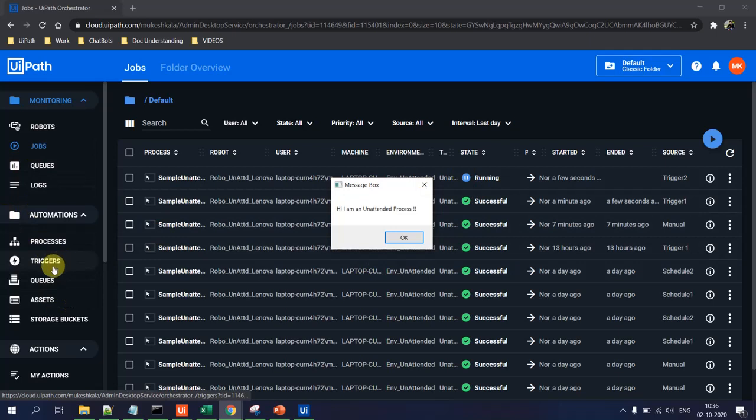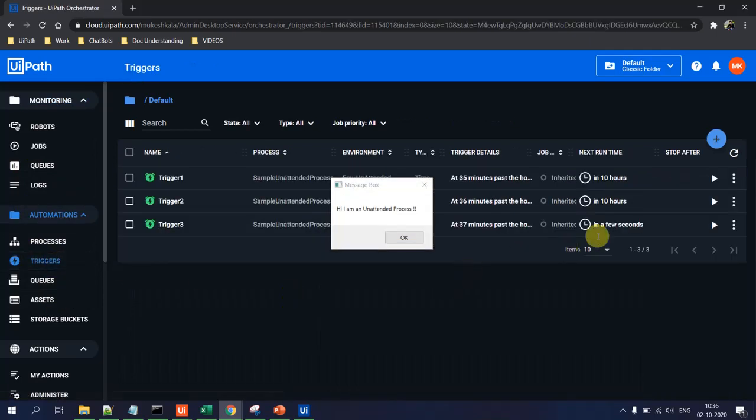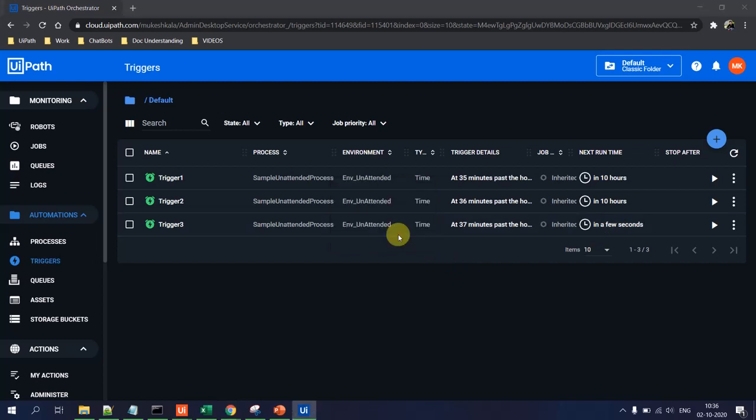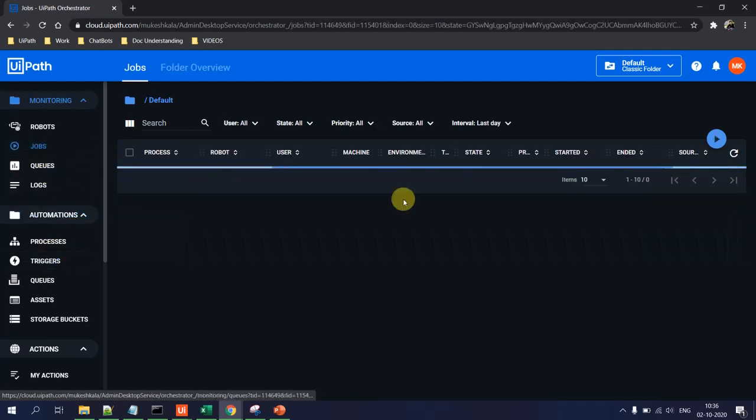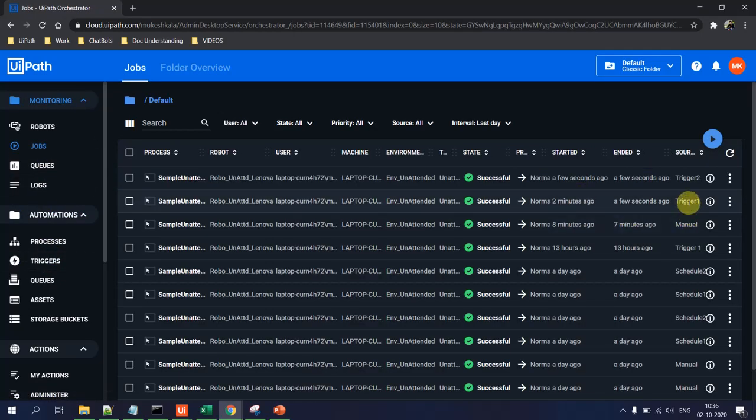Now what happens if I go to the triggers? There is one more trigger which is going to execute in a few seconds. If I click OK and go to the jobs, you will see this job is completed, trigger 1 is completed, trigger 2 is completed, and now we have robots available for trigger 3.